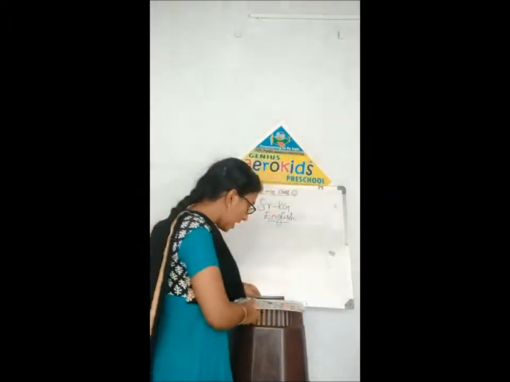How many vowels are there in English? There are 5 vowels in English. Have you all practiced the phonic sounds? Have you revised the picture words? Shall we continue the class now?